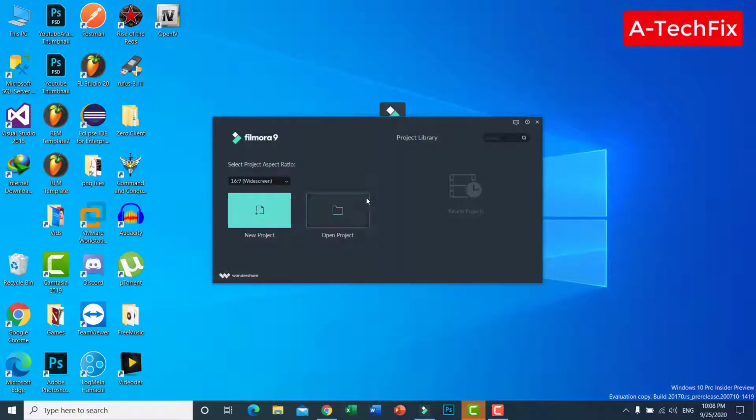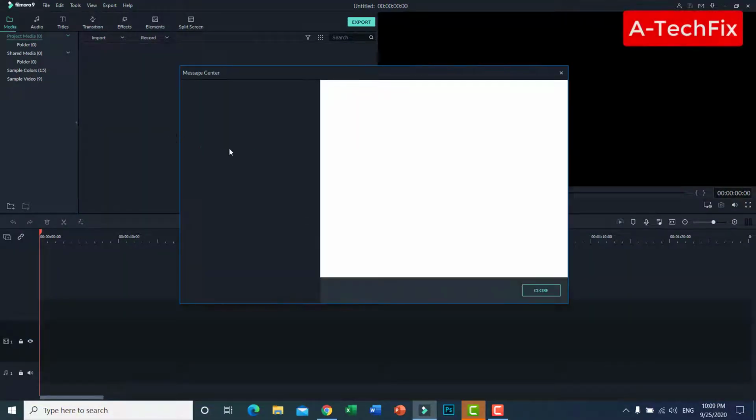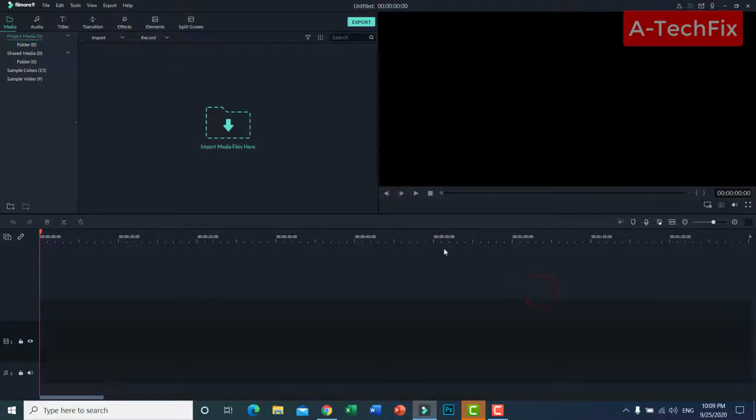Okay guys, as you can see, click new project. If you want to open another project, you can click open project. So here I will open a new one. Okay, that's it guys. Okay, now guys, if you want to record your screen, desktop screen, simply click in the top,